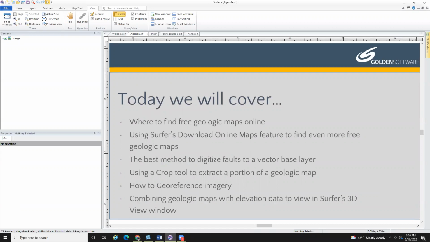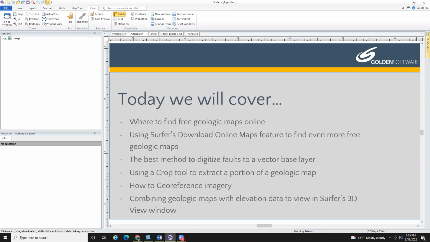So geologic maps are the key to analyzing and solving problems faced by a number of different scientists, earth scientists, land use planners, construction engineers, and the like. Geologic maps represent the distribution of many different types of rock and surface deposits, subsurface deposits, geologic structures, including faults and folds. So specifically, today, I'm going to be walking everyone through the entire geologic map creation process in Surfer, where we're going to start with